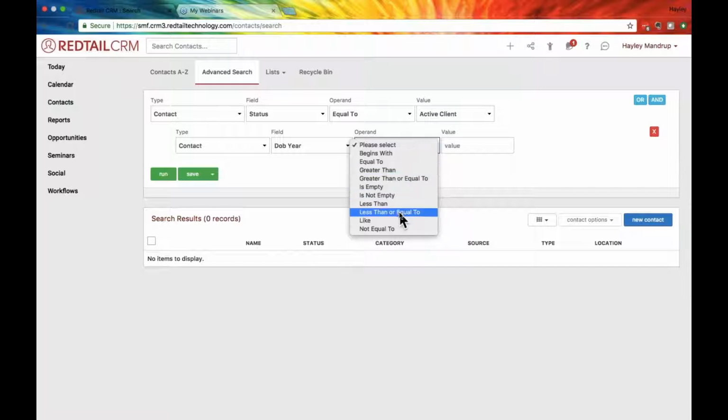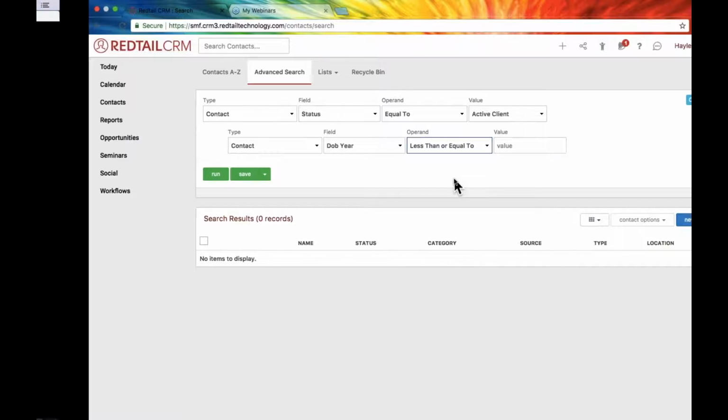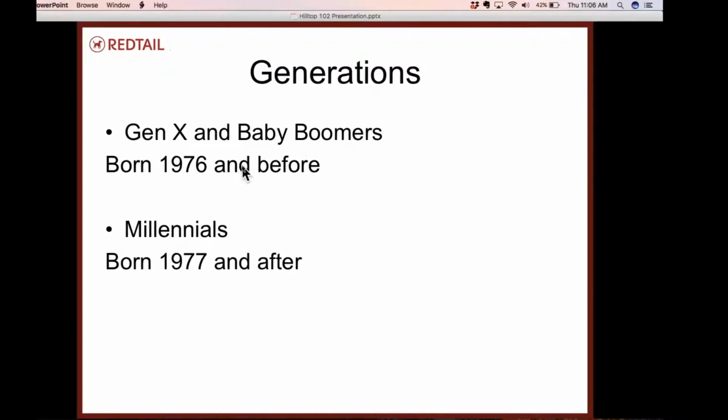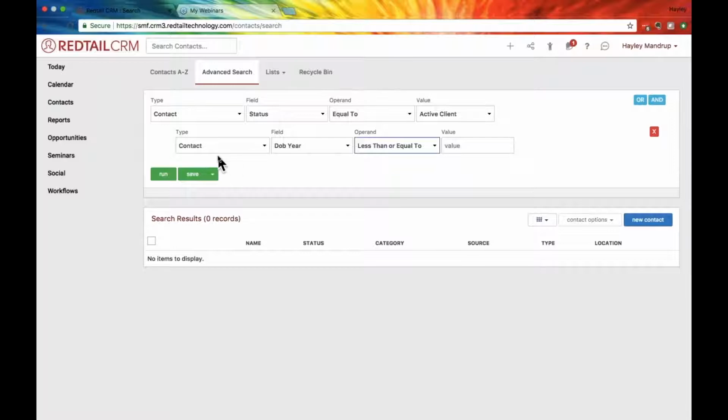We're going to start with less than or equal to, and for this I'm going to check on my generation list. So first we're going to look at Generation X and baby boomers, and for that I just did a little internet search and found that they're born in the year 1976 and before. So we're going to go back into the CRM and search for contacts with a date of birth year less than or equal to